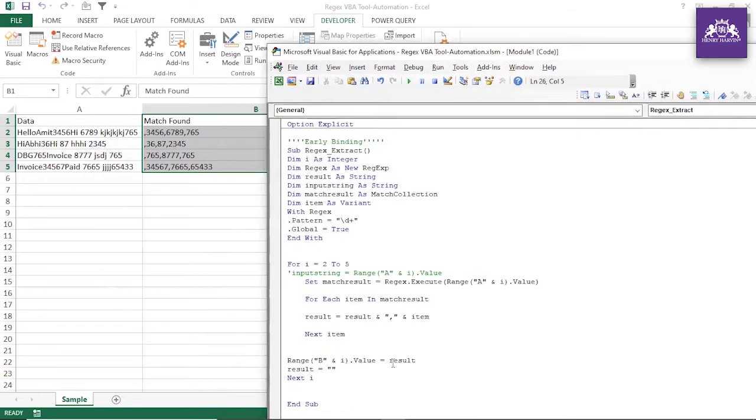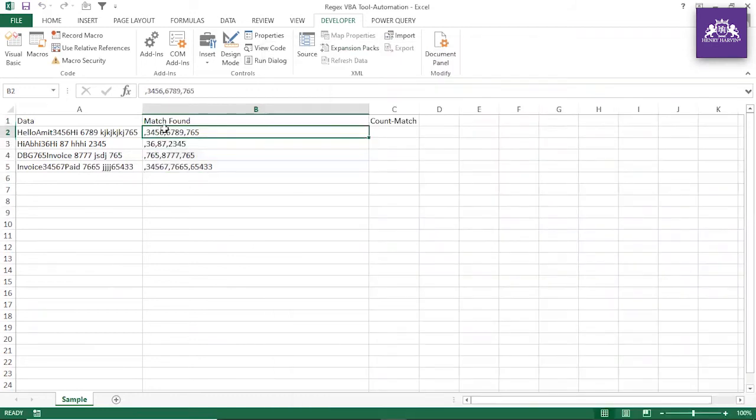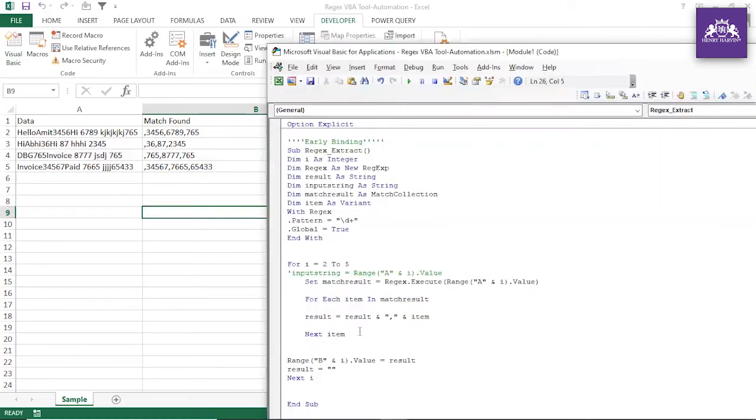Now you see that we are getting the comma also initially. So how can you fix this code? Very simple: if you have to remove the comma, you can use, from the left, all the characters, or from the right, all the characters. So you have to use the Left function here. Left of this comma, Len of result minus 1. Clear? Let's run the code. Now you see it is not working because we are using the Left function. If you use the Right function, it will work.